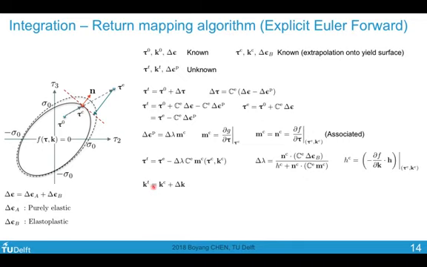So the hardening parameter at time t is the value at point c plus the delta k. The delta k, we use a rate form, and it's directly proportional to delta lambda, and this function h is evaluated again at this point c. And then, as I mentioned earlier, the drawback with the explicit algorithm is that this condition is not enforced. So we are simply marching forward in time, but there are errors in the yield condition. And this means that our algorithm is only conditionally stable when the loading increment is small enough.